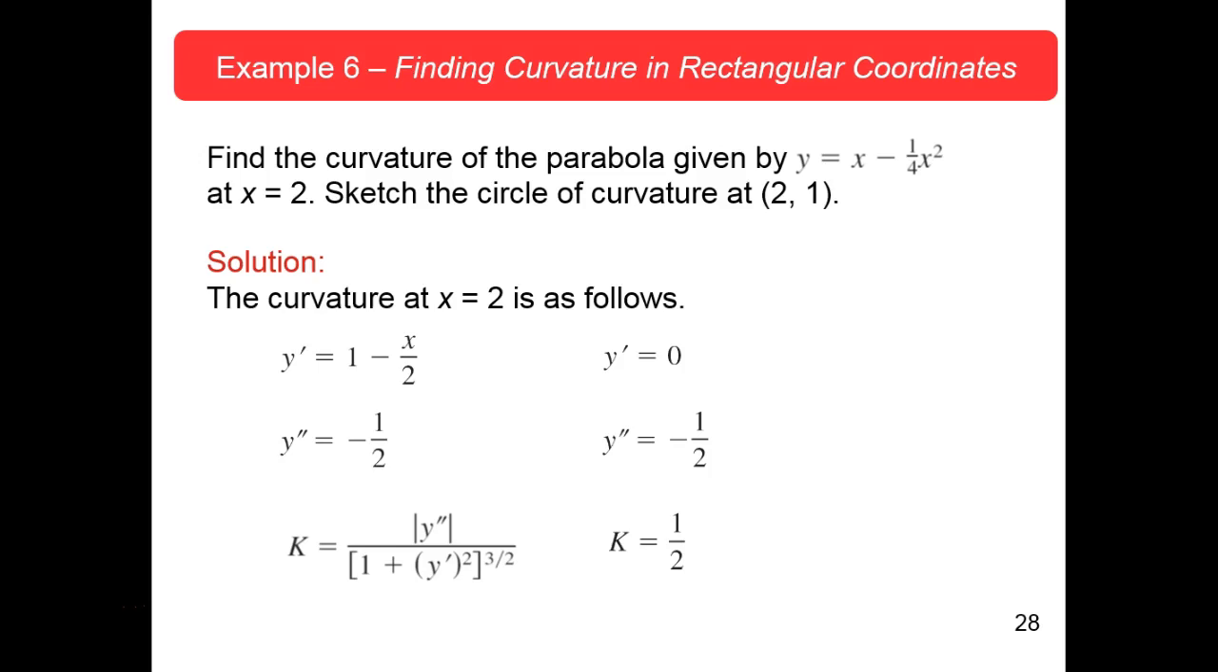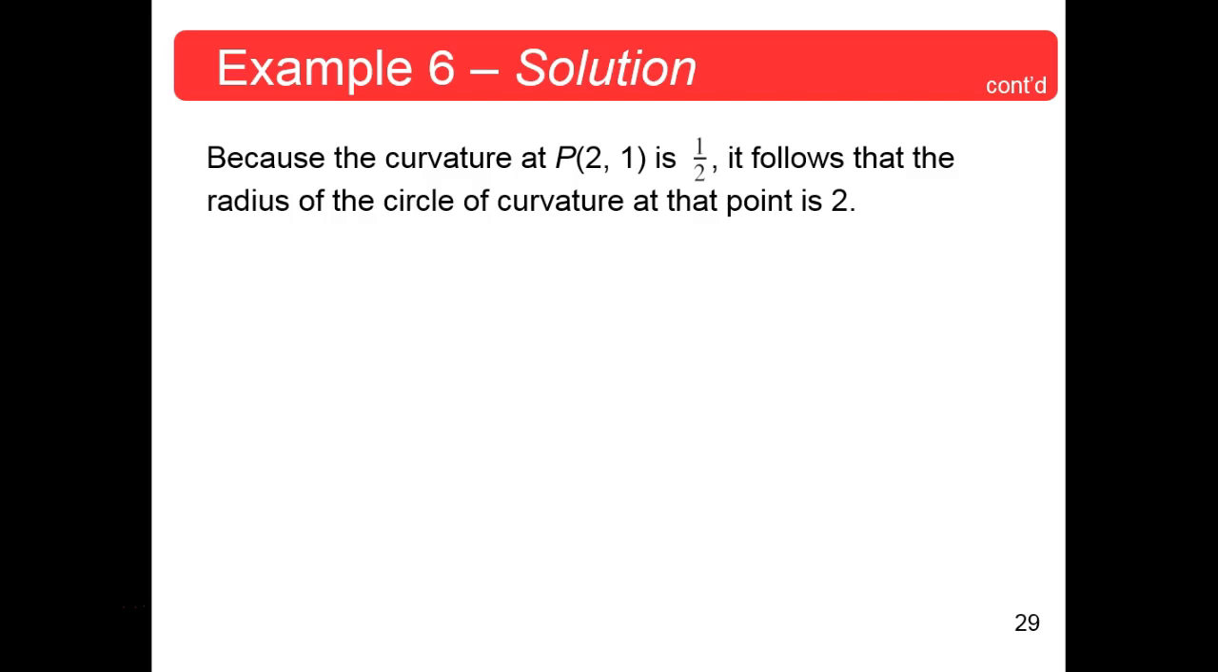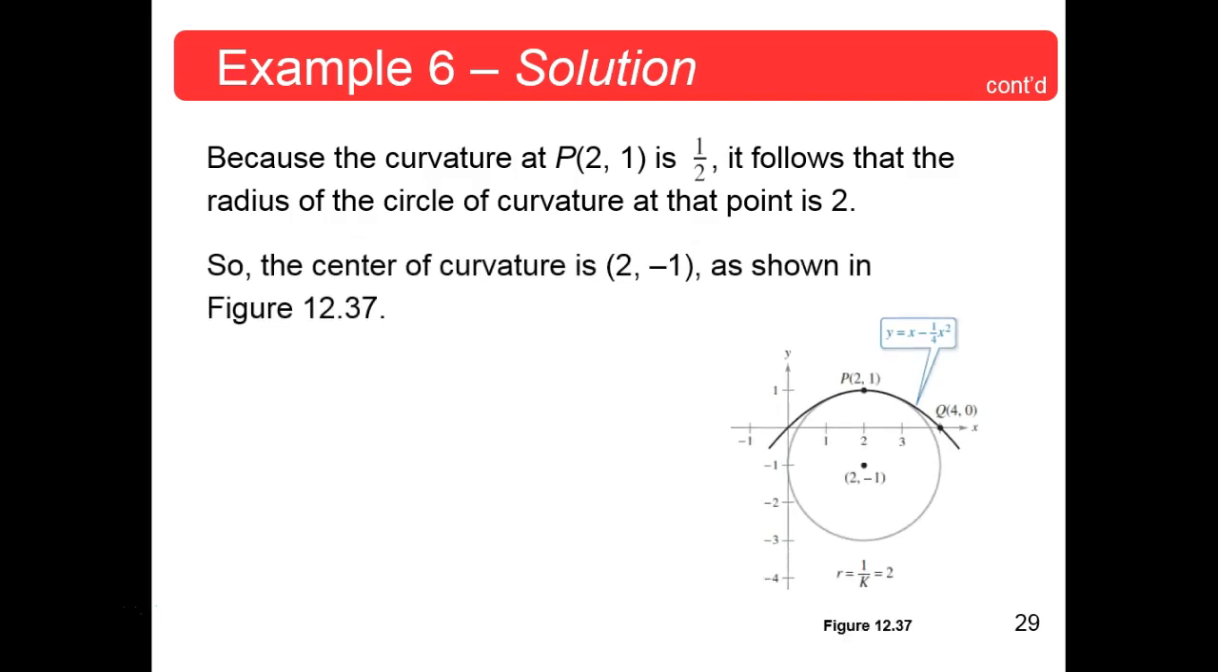When you put 2 in here, you get 1. Yeah, this is 2, and that's 1, so that gives you 1 there. Yeah, we did that. We did it sort of explicitly, but we're doing it when we're plotting our curve. So yeah, we've done that. So because the curvature at P 2, 1 is 1/2, it follows that the radius of the circle of curvature at that point is 2. Okay? So the center of the curvature is 2, -1, because it's 1 radius below that,